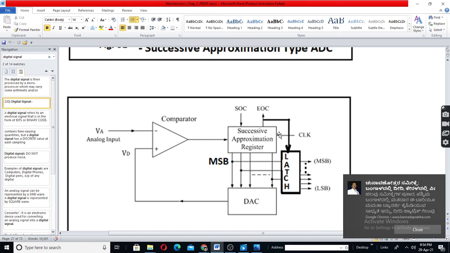Once all the 3 bits are tried, it will take 3 clock pulses. After 3 clock pulses, this will become high, active, and that will be high or low depending upon active low or active high, and it will enable a latch.